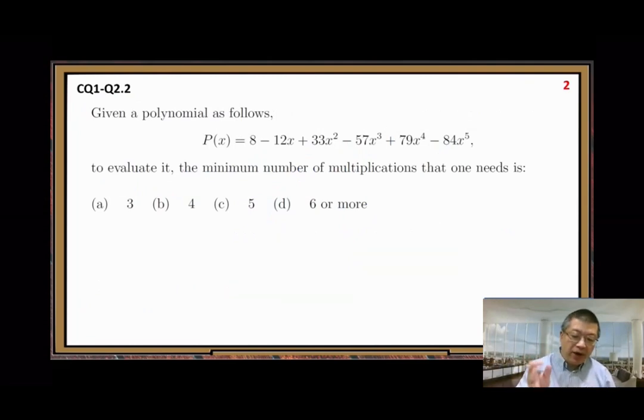Given a polynomial as follows. I give you explicit coefficients for this polynomial. To evaluate it, the minimum number of multiplications that one needs is, so these options. Here, to answer this question, you need a background of our,